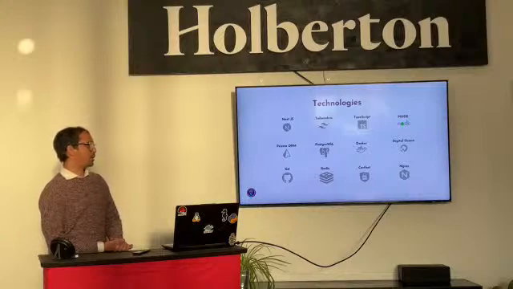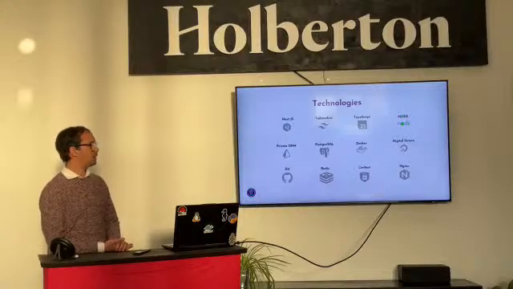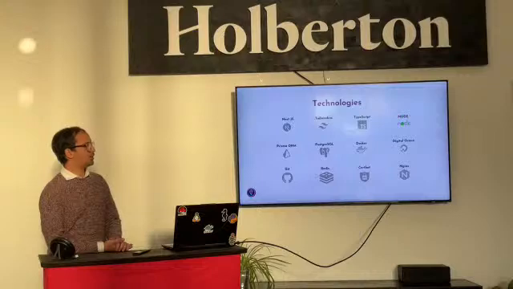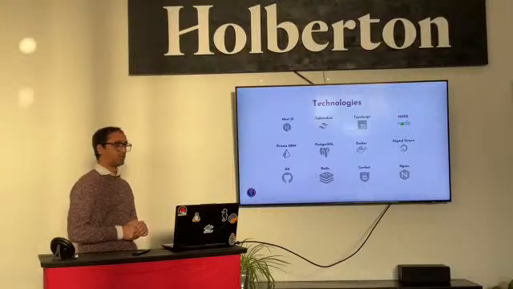Postgres, which is an SQL database. Docker: I use Docker in the beginning for only development, but in production now I'm not using it. I use DigitalOcean directly, which is a provider for servers. Git for version control.